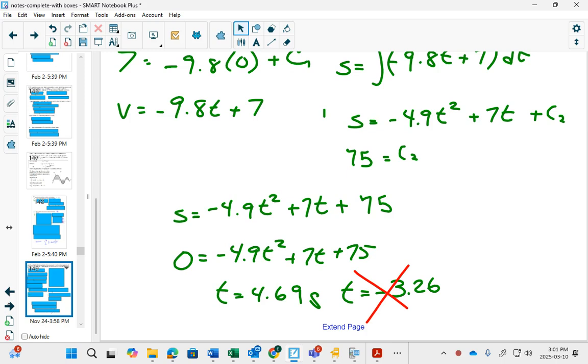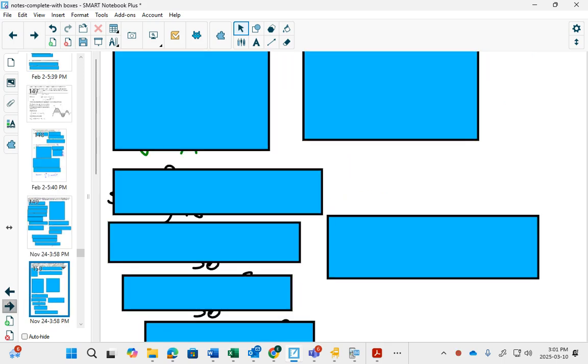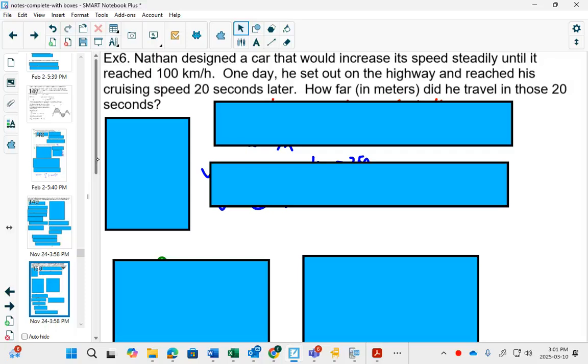But it often feels in these questions that at first you feel like you don't have quite enough information. So we look at this question here. Nathan's designing a car, doing some research. I don't know, if you increase your speed steadily, maybe that's the best for fuel